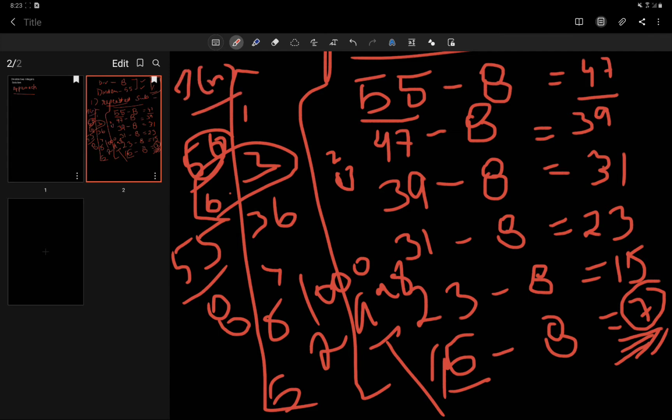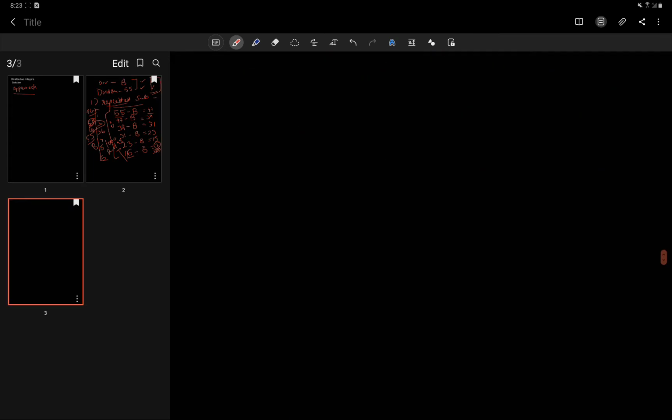So we are not using this. We are using bitwise operators, which will take much less time, logarithmic. So let's see the approach that we are going to use today.